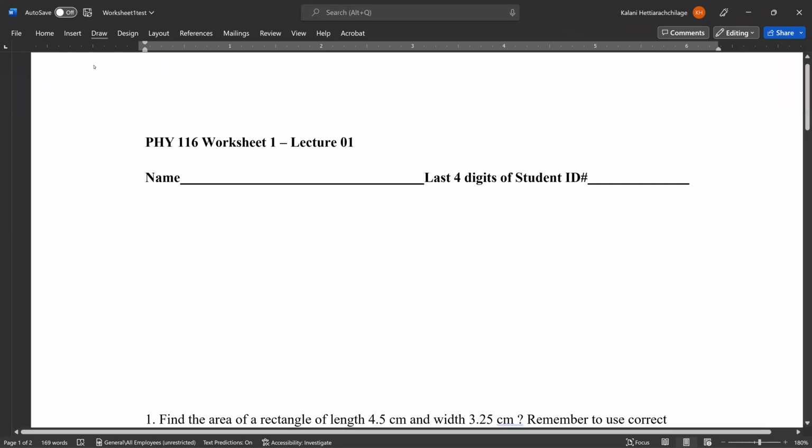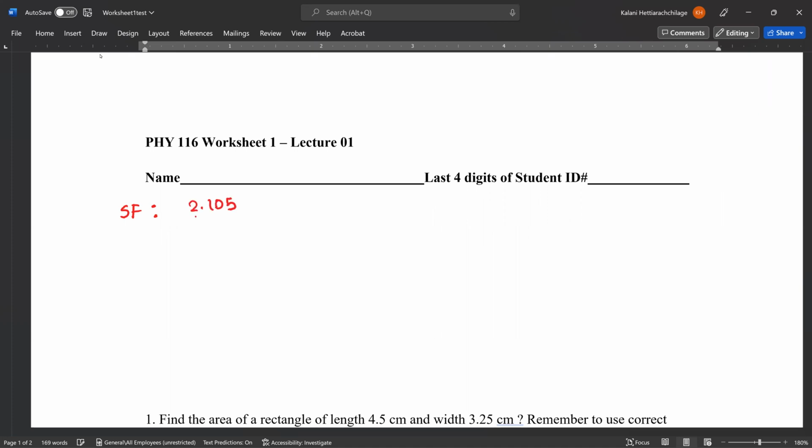And we talked about significance, right? Significance is basically how you count the number of digits in a given number in a meaningful way. That means it shows the accuracy and the precision that we need. We call it the sigfix. Sigfix is basically counting the number of digits in the given number in a meaningful way. Simple example, if I have 2.105, we count the significance as 4. Make sure that you review lecture number 1 again,